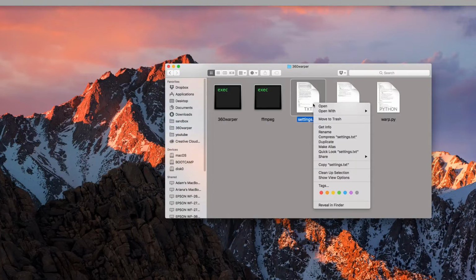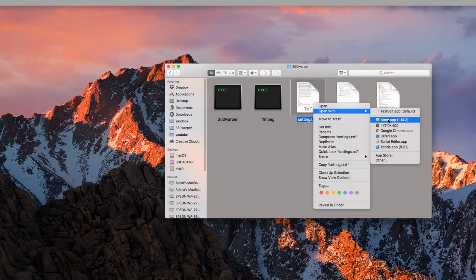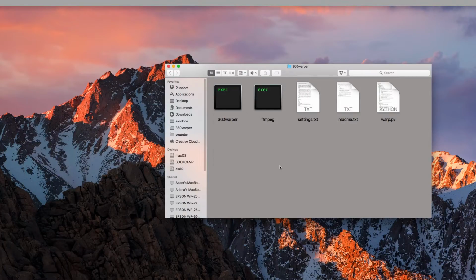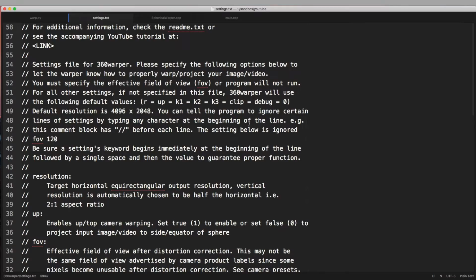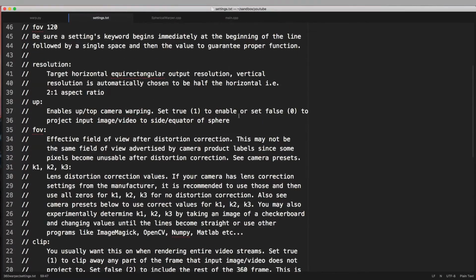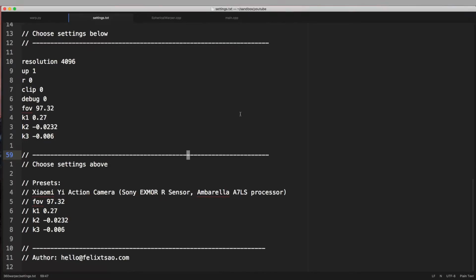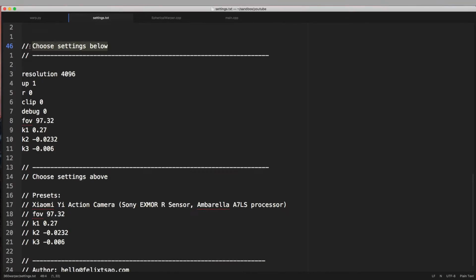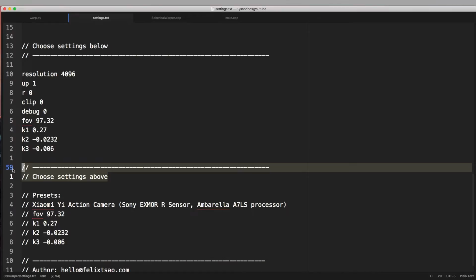So we want to open settings.txt in a text editor. We can right click on it. By default, TextEdit is usually the default text editor on Mac, but I'm going to be using Atom, so it's going to look a little different, but we just need to change the text around. When we open settings.txt, we'll be greeted with a wall of text that we can basically just ignore for right now. And if we scroll down to a part where we see choose settings below and choose settings above,